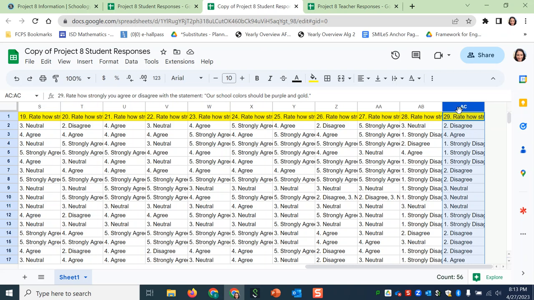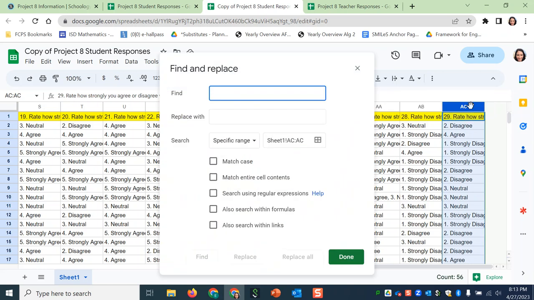Actually, I'm not sure if I can do this in just one column, so we're about to find out. I'm going to find, and it says to find in sheet. So I'm going to search this specific range, which is my AC column, so that's working out for me. And I'm going to find